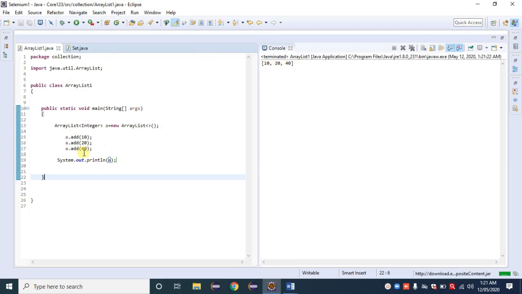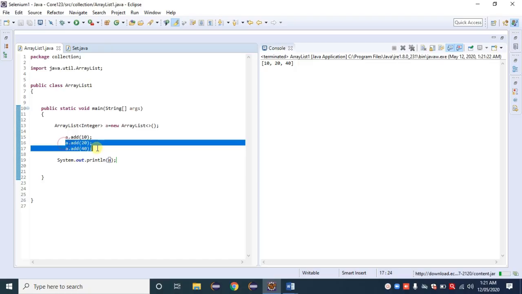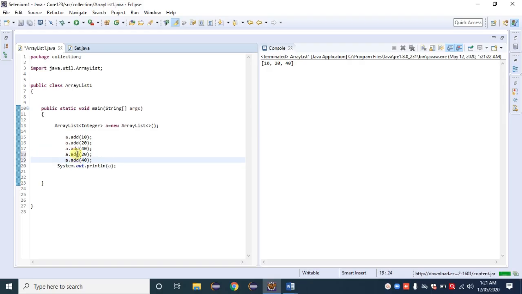Here I am giving the other two elements also. These are the duplicate elements 20 and 40. I'm replacing that one here with 30, and only one element given here is a duplicate, that is the 40 value.